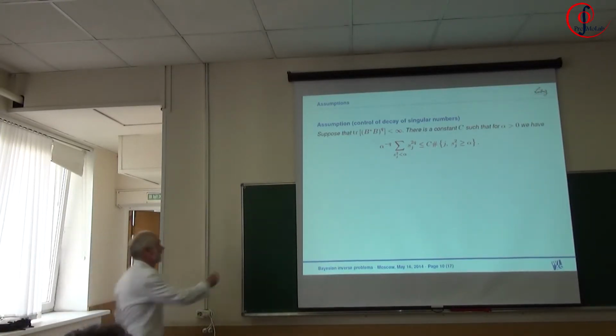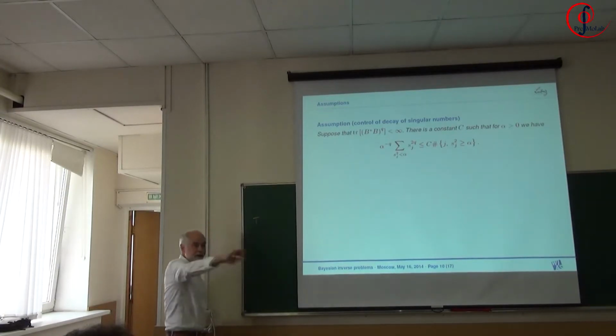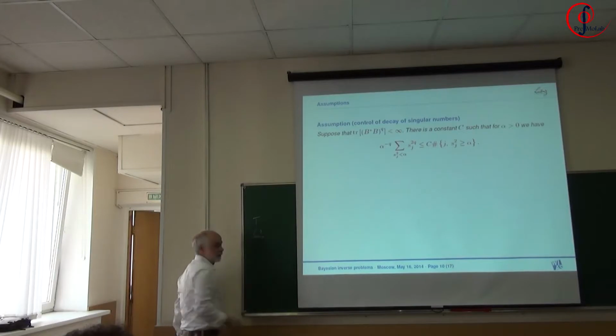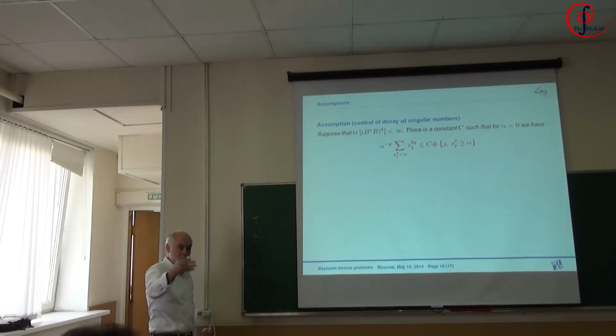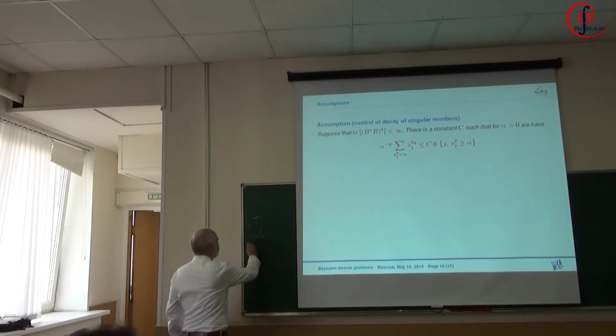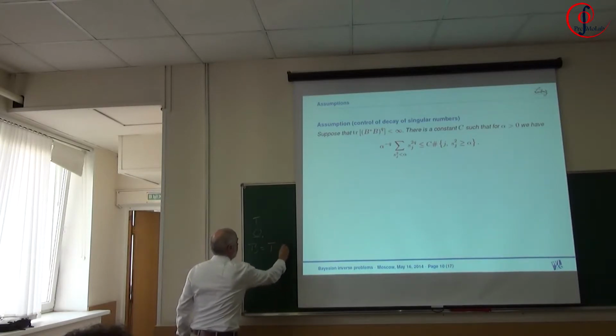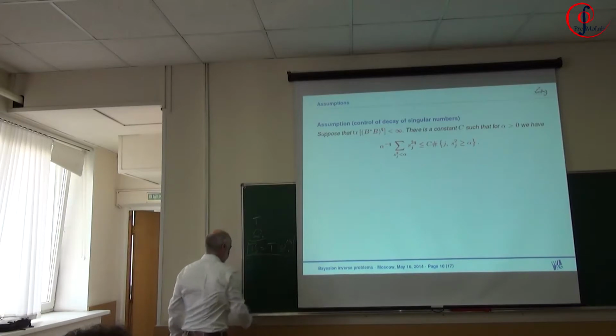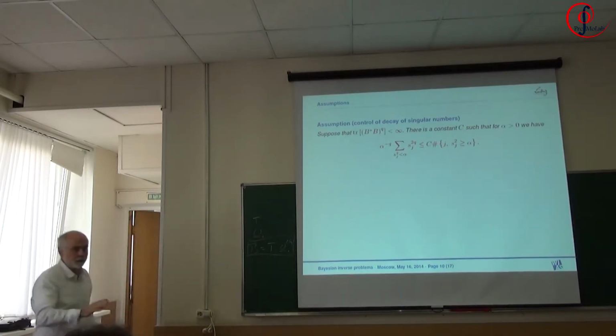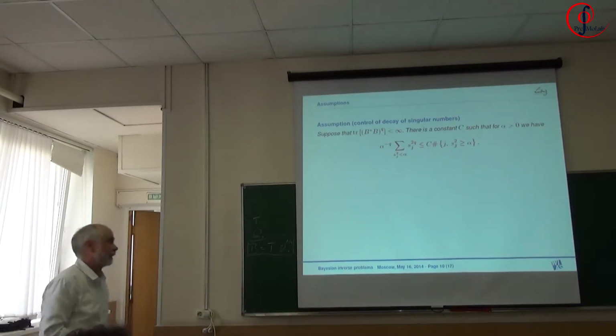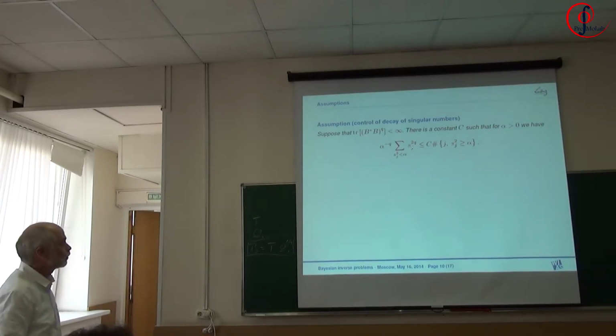So T was the operator governing the equation. That was our original operator. Omega sub 0 was the prior covariance, and B is T times omega sub 0 to the 1/2. That's the operator B, which naturally occurs in all these types of analysis. And what we require is that the singular numbers of this